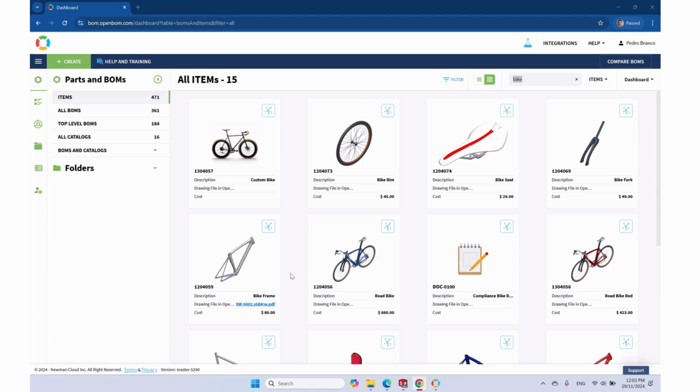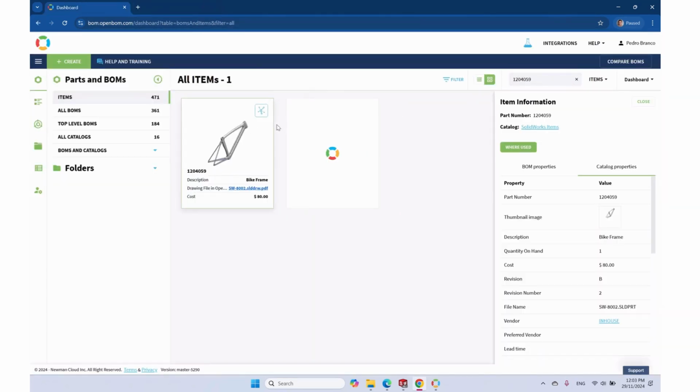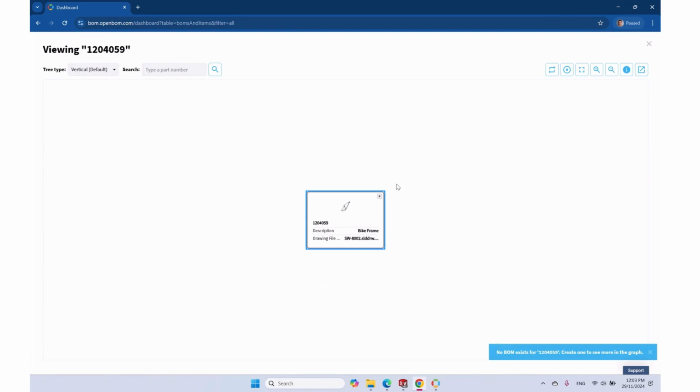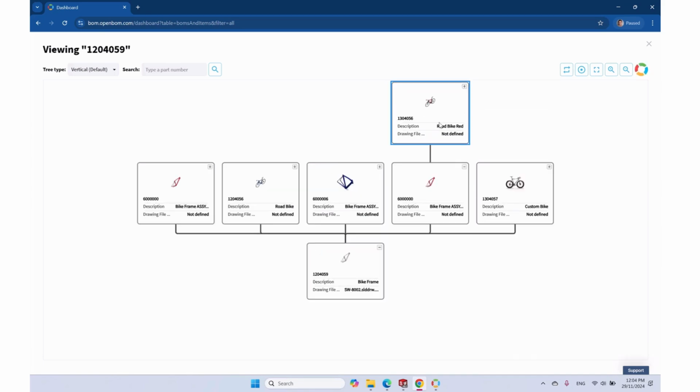My OpenBOM vision is product data, so a connected product lifecycle. So how does that look? So let's see connected data together. So we work towards creating a digital bill of material where everything is connected, including documentation, the ability to understand where components are used in different products. So you can see that this bike frame is connected to multiple products, and you can understand where used very